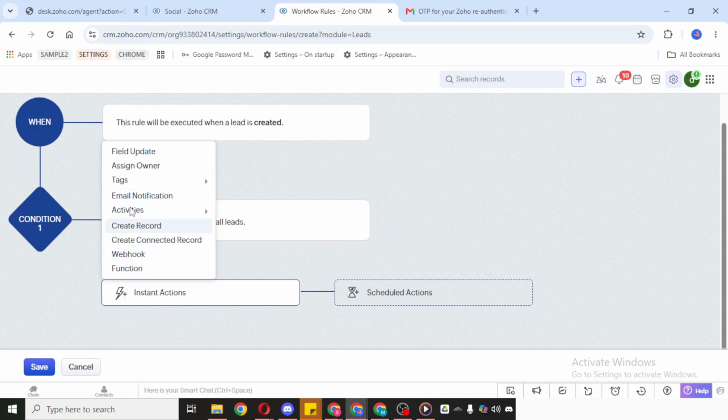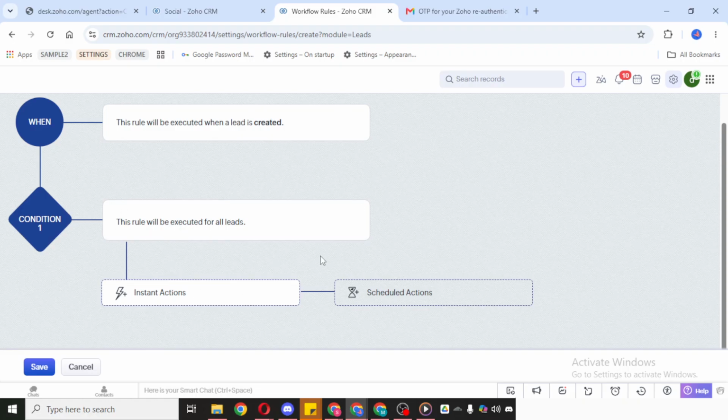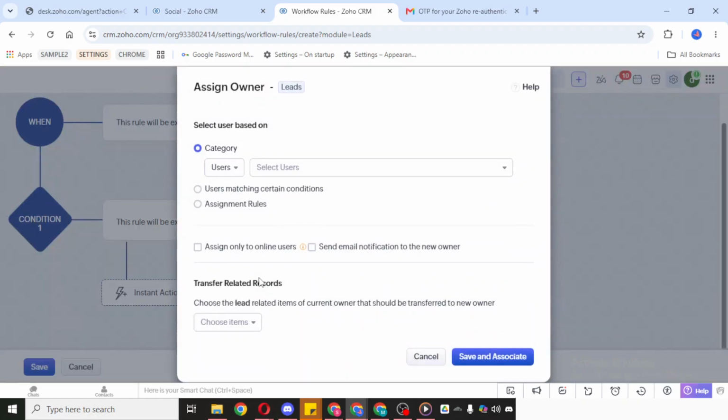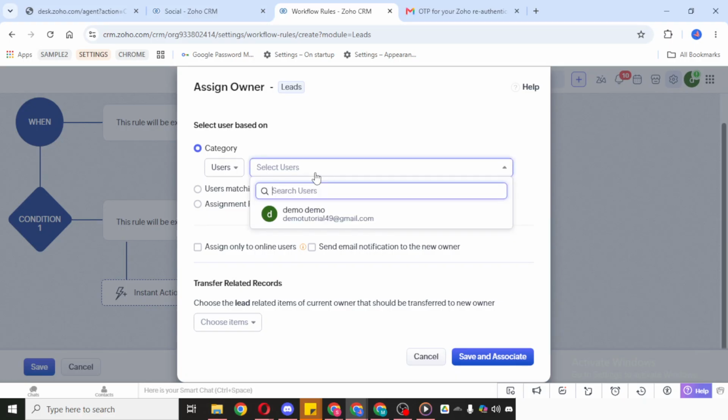After that, select Actions and follow the prompts on your screen. This is where you connect the workflow to the email automation itself. As you go through the setup, make sure the action you choose aligns with the workflow you've just created. Once everything is completed and saved, your emails will be automated. That means Zoho CRM will handle the sending process for you whenever the workflow conditions are met, helping you save time and keep communication consistent.